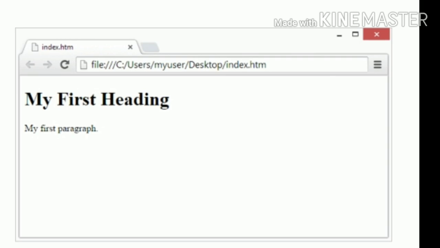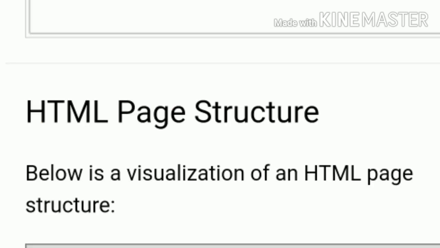The total HTML structure is an opening HTML tag covering the whole page. After that, you can go through the head tag. Head is another small box in between the HTML box. The total HTML box is a full box. After that you have the head tag in a small box.